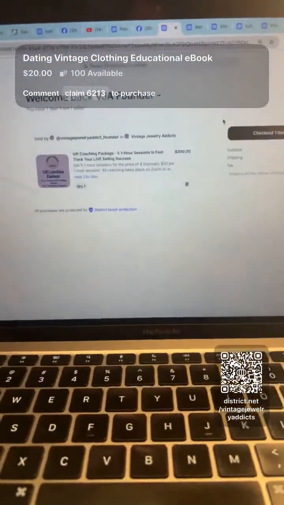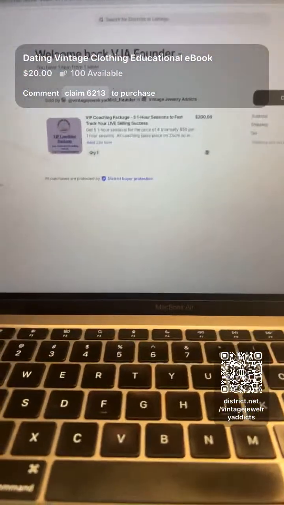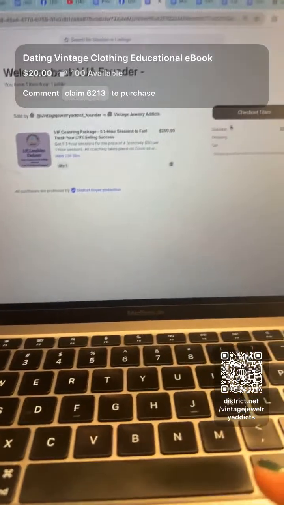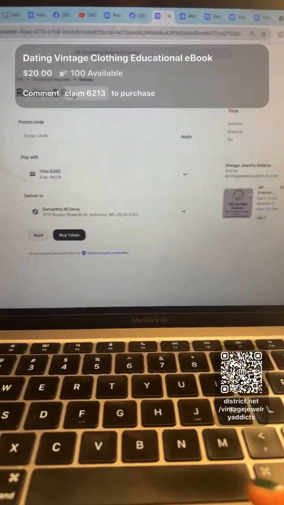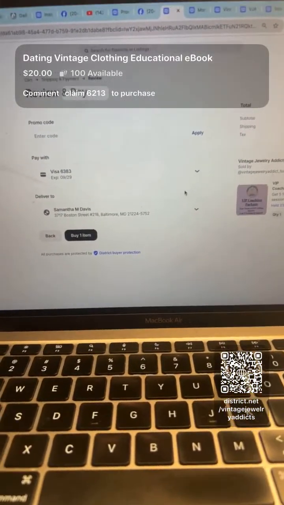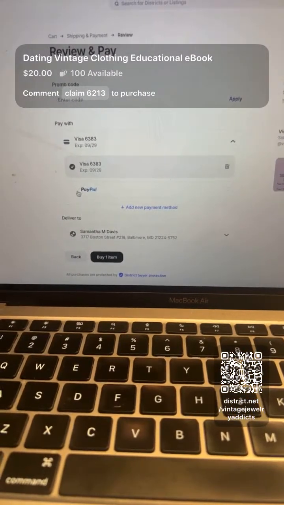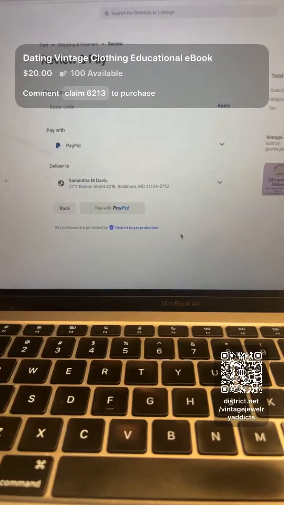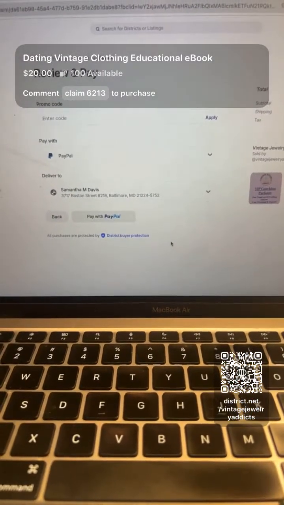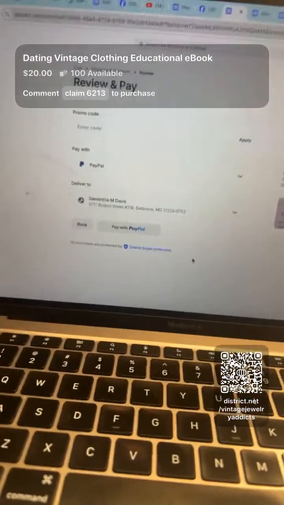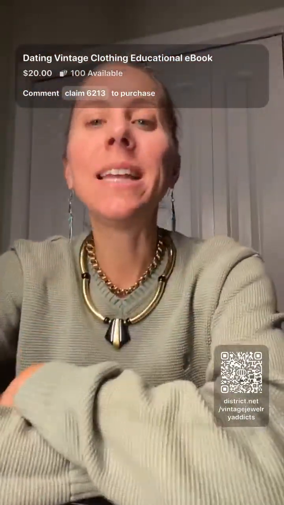I love that. So for those watching the replay, Jamie mentioned that they can check out with PayPal. So I have a credit card, and then if I want, I can choose PayPal. And the reason that this is really nice is that if someone is watching your live sale, and this is a real thing, and they don't want to put their credit card in another app, they're just nervous about it,